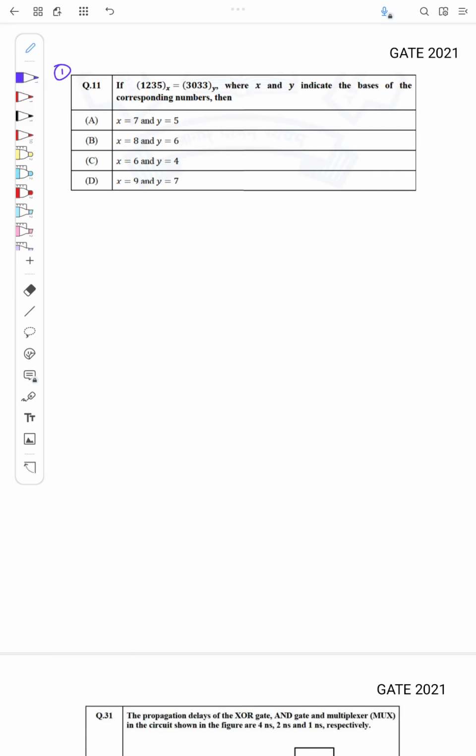If 1235 in base x is equal to 3033 in base y, where x and y indicate the base of the corresponding numbers, then for what values of x and y are these two values equal? That's the question. Okay, so we'll just write first